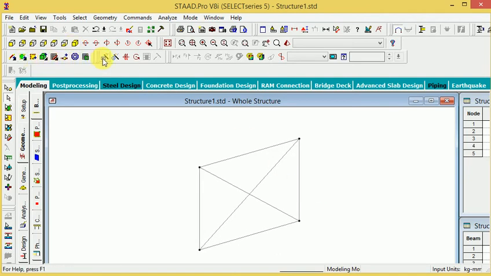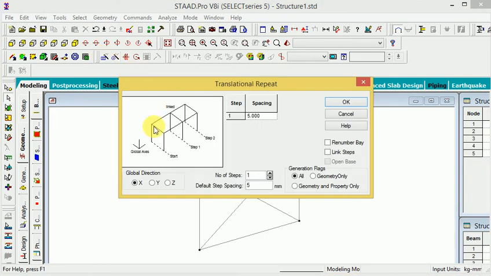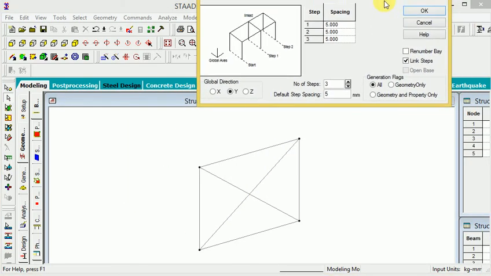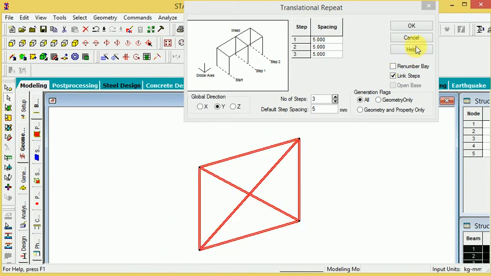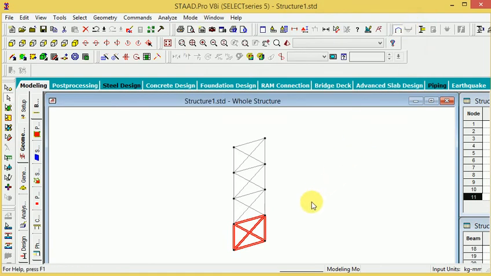If I select the translational repeat, this is called translational repeat. When I want 3 steps in translational repeat at a distance of 5, and in which direction, so this is the x direction, and this is the y direction, and here apply step link, and go to before, go to selection of all this part when I want to mirror here, so select this, then go to OK.